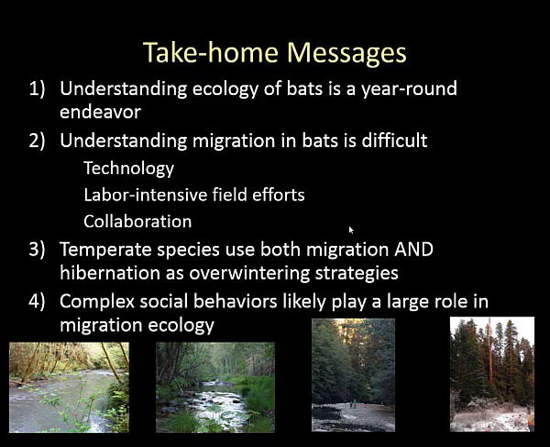And then finally, these complex social behaviors that I indicated, the chasing behaviors, these long loops throughout Northern California. I think that in terms of trying to understand migratory ecology, the social aspects could actually be more important than things that are conventionally looked at, like roost abundance or prey abundance, things that fit well into quantitative models, but when you see the results of those models, sometimes they might be lacking in predictive ability. And so I think it's really worth us spending time to try to learn the basic stuff. Basic biology, natural history, and behavior is really going to help us to understand the whole picture of what's going on with some of these species.